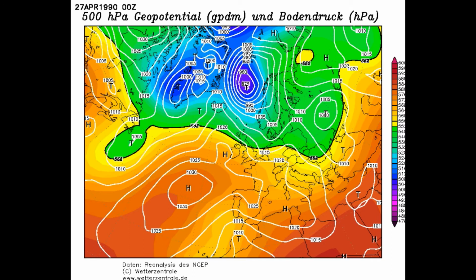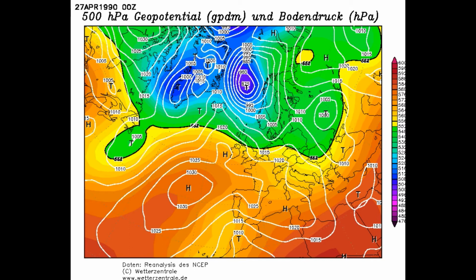So looking at this video now, we're going to start off on the 27th of April 1990, because we got a bit of a teaser heat wave in the spring. We recorded some very high temperatures in late April and early May. Now April 1990 was actually quite an interesting month because it started off with quite a severe frost. We just had a very mild winter, and we had some severe frosts in the early April. But as we got to this end of April, as I said, we got some very high temperatures.